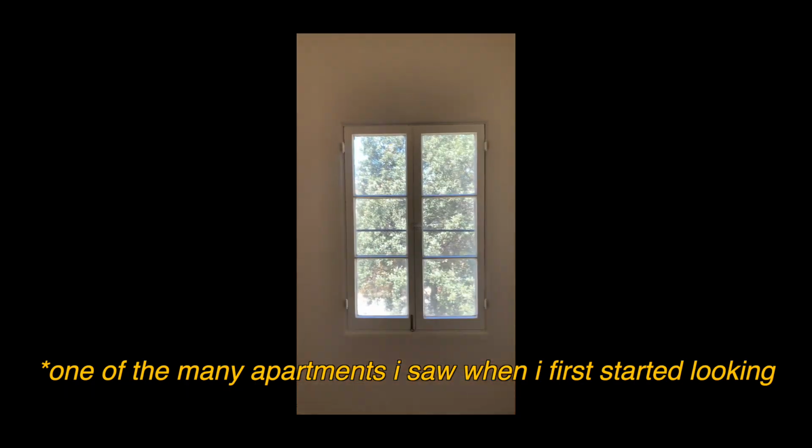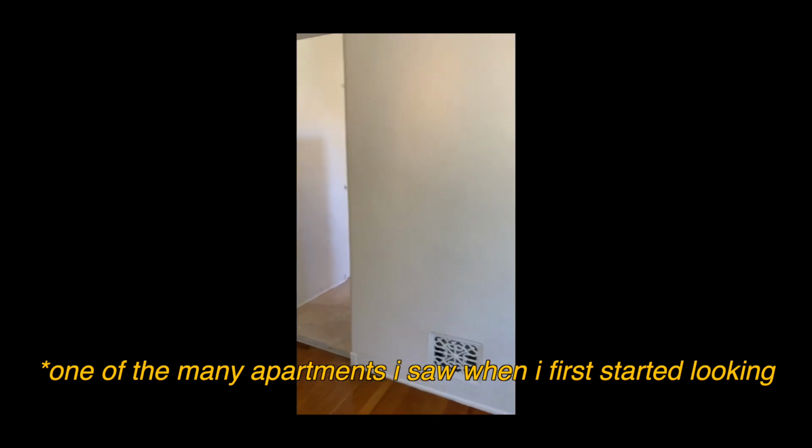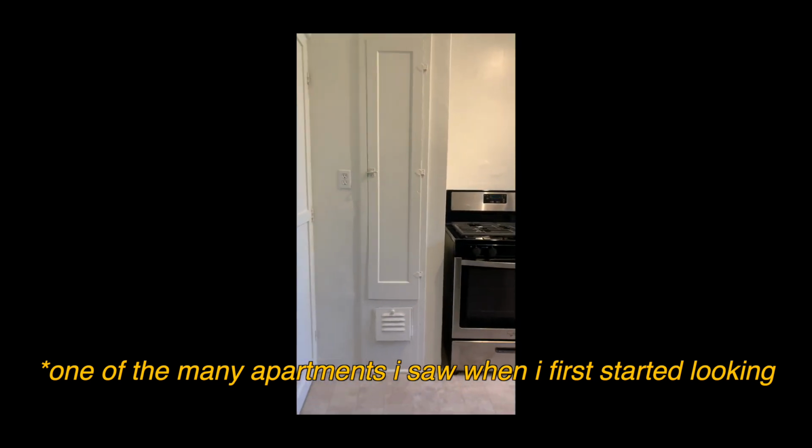All right, so how did I find this place? Back in August, I knew I wanted to move down to LA. So in August, I first came to LA and I started looking at apartments. And my first time that I was here, I saw a lot of beautiful apartments with character, which is clearly what I want. I want a place with character. I want a place with some charm. And